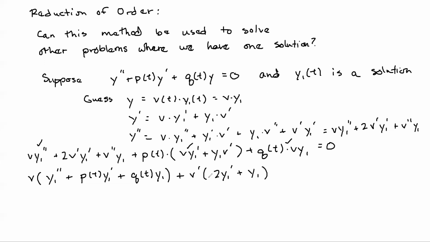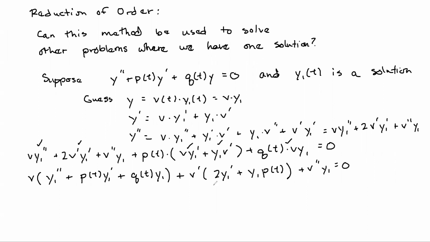So we're going to have 2 y1 prime plus the, oh, whoops. Maybe I should be a little more careful and actually multiply this out first and do it in a separate step. There should be a p of t here that I almost forgot, right? So this is p of t times the y1 v prime, and then we pulled out the v prime. Okay, yep, that made that look harder than it was. Sorry about that. And then last but not least, we've got the v double prime y1